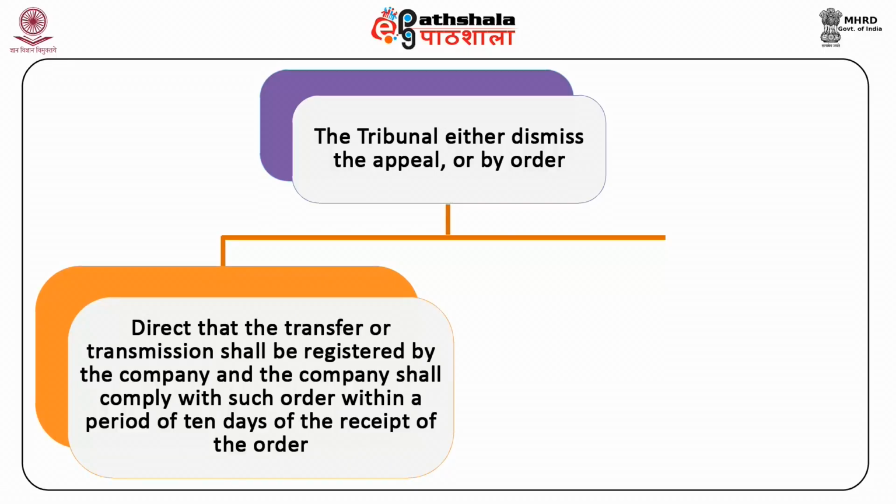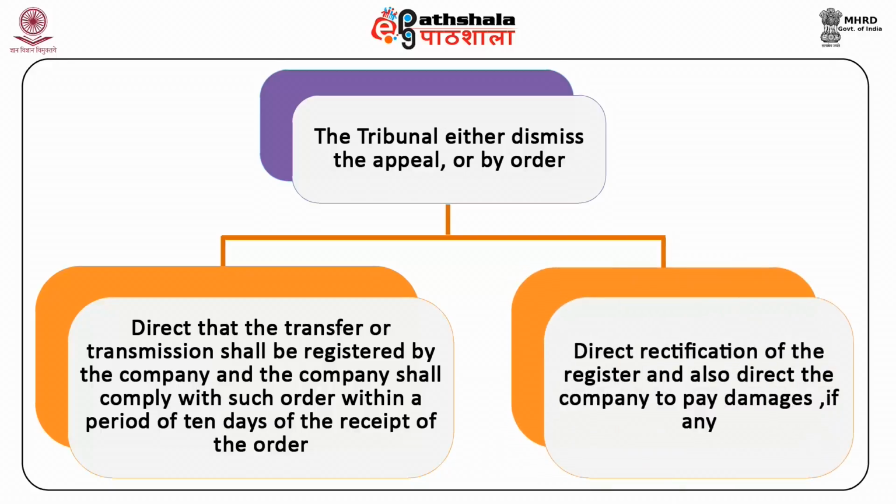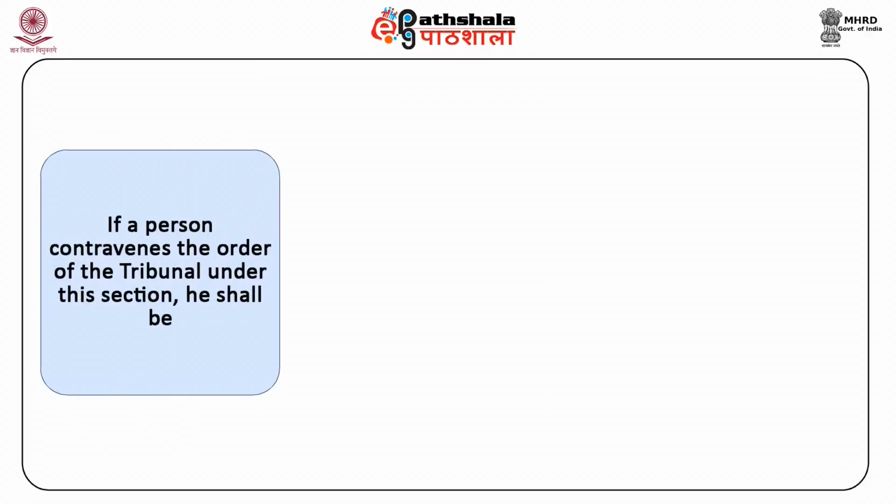direct that the transfer or transmission shall be registered by the company, and the company shall comply with such order within a period of 10 days of the receipt of the order, or B. direct rectification of the register and also direct the company to pay damages, if any, sustained by any party aggrieved. If a person contravenes the order of the tribunal under this section, he shall be